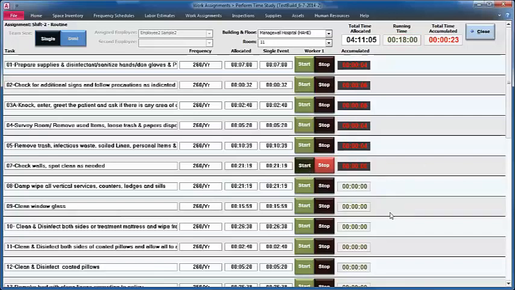So the precision of VBA, Visual Basic, is within plus or minus half a second on these button clicks. But if you think about most tasks taking a minute or two, the accuracy will wash out in the end. So I hit stop, and just to show you another mode,